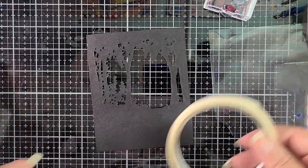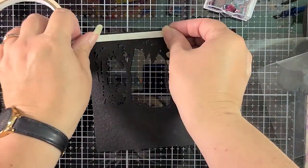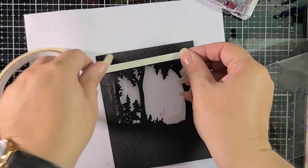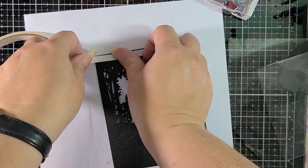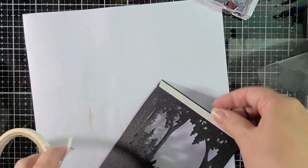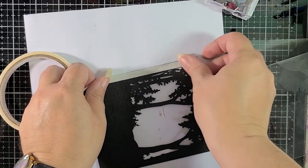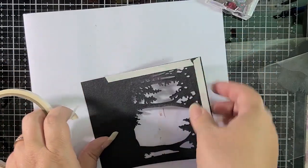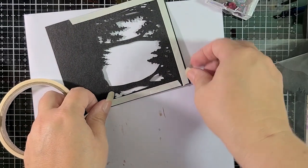So we're going to use that first to put our acetate over here on our panel, and then I will use the I need my piece of paper so that we can see what we're doing, and then I'll use the foam tape to give us some lift so that our sparkly bits will have plenty of places to go, and it won't be stuck like in between the tree branches and things like that. So I love this tape because it's nice and strong. It holds